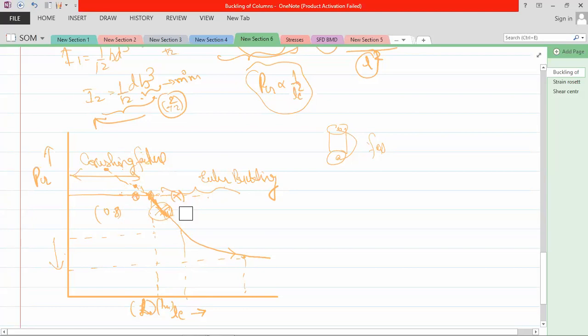So that's why we need to put, you can say that this is a piecewise function. That means up to this point, your crushing failure will act, and after that point Euler buckling will act. So you need to find the length. What is the limiting length? The limiting length up to which the failure will not happen means what is the limiting length we need to take for Euler buckling.